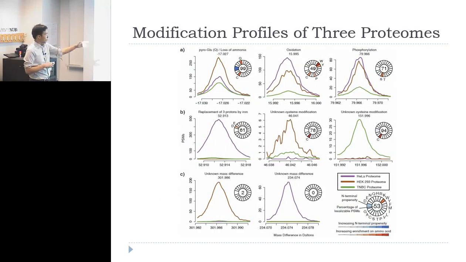So these are normalized modification rates. The purple line is the HeLa, the brown line is the HEK293 data, and the green line is the triple-negative breast cancers. And we see that for common modifications such as loss of ammonia or oxidation and phosphorylation, there's a significant difference between these experiments. So the modification rates are very different, even though we don't